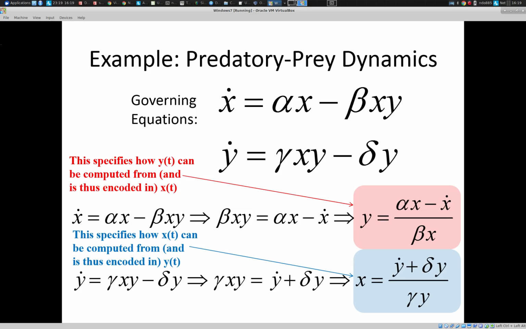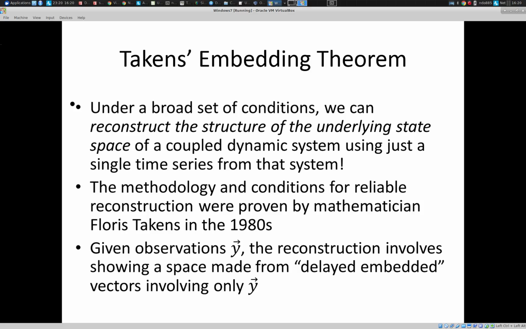And if I only observe the number of hairs, I can infer quite reliably the number of lynxes out there. I can reconstruct that from that single time series. I can reconstruct from a single time series information about the other hidden parts of the system. So it turns out that